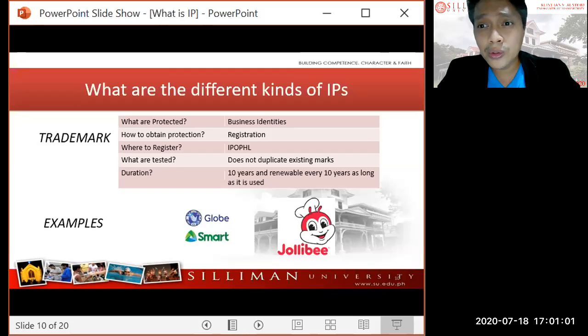You cannot use those symbols or images for your own personal use or your own business. You cannot use those logos and drawings, including the fonts and the color scheme. You cannot follow that.